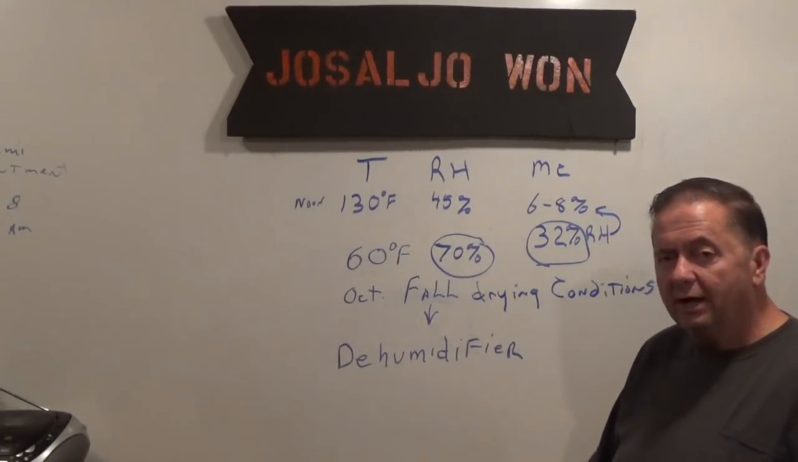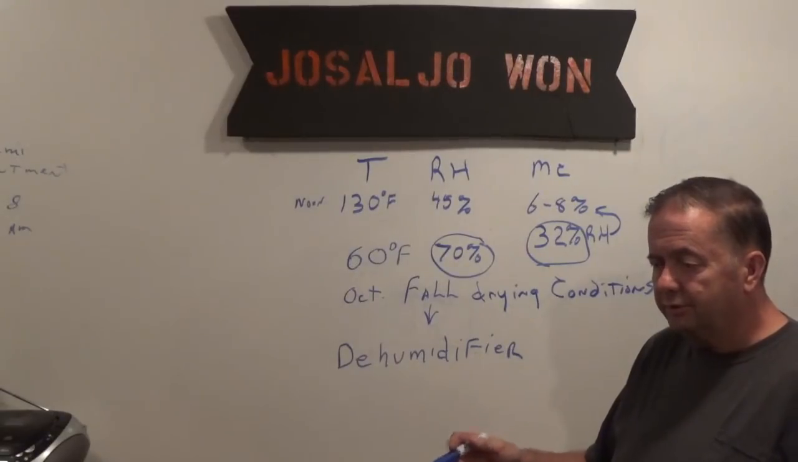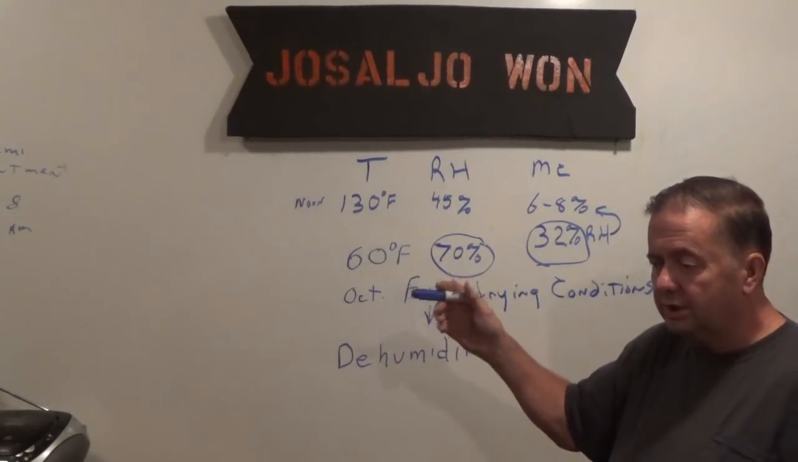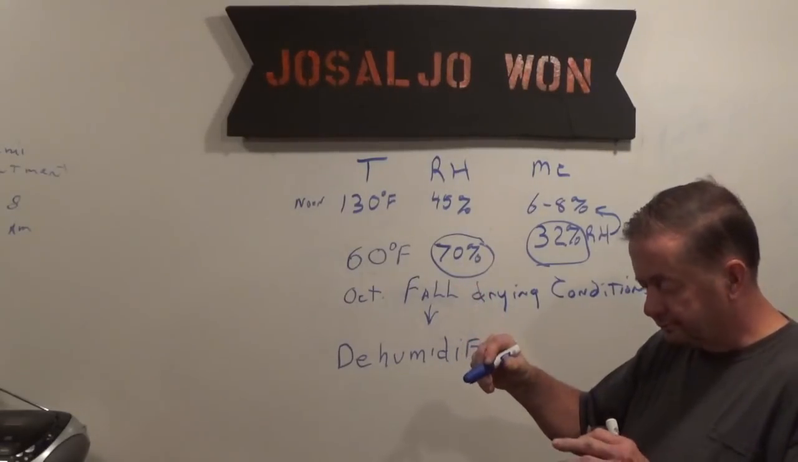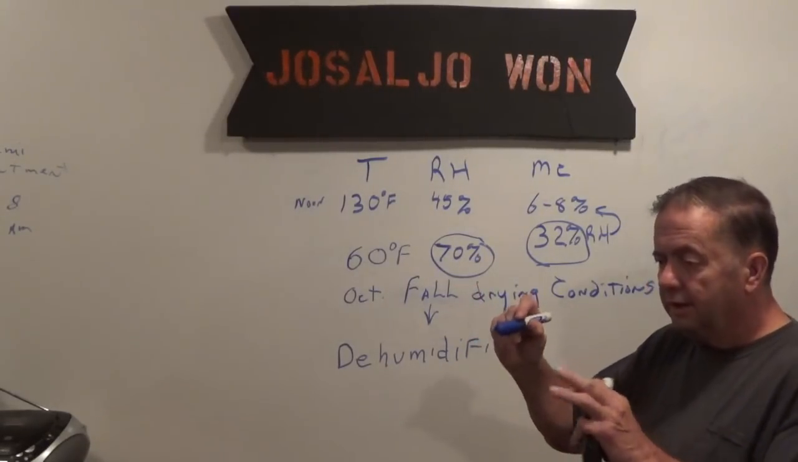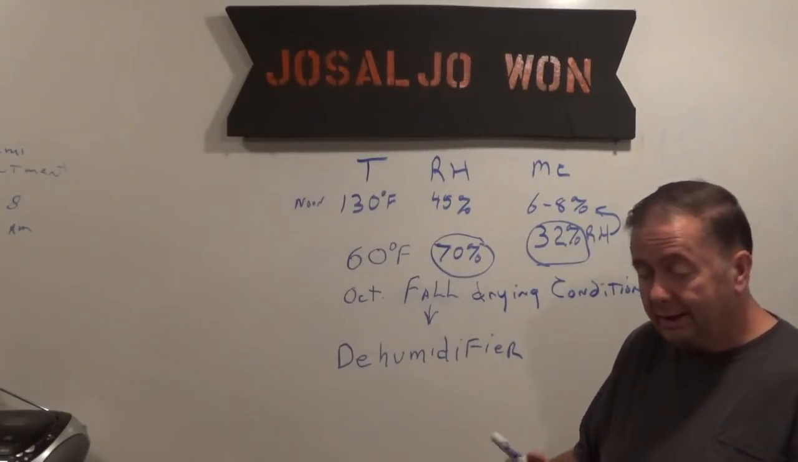And you want to keep track of that, because once you start pulling moisture into the kiln to bring it up to like 32% or 40% or whatever, 32, 35, then you want to shut your vents. Now that's how I do it, okay? And again,